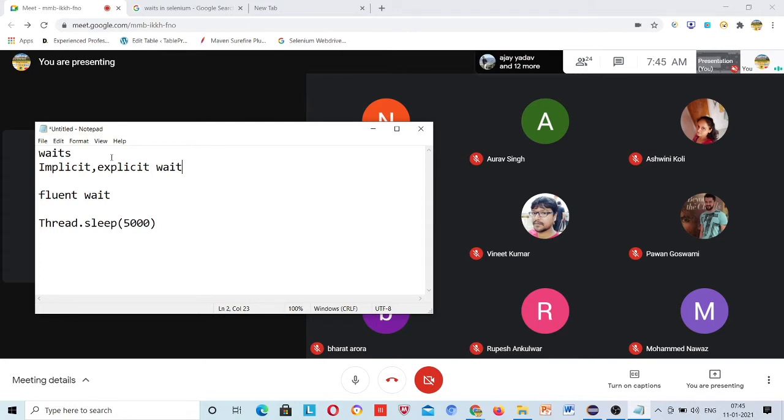And that's a major problem with people nowadays. Even I have seen many times people using implicit wait in my project and saying that it is not working. Why? Because if you don't know deeply how it works, then you cannot use it properly.